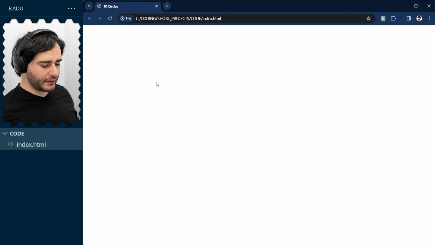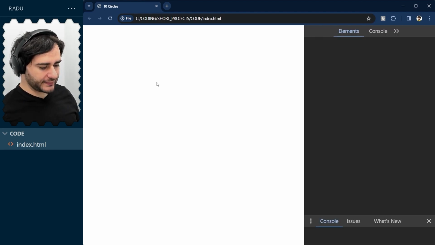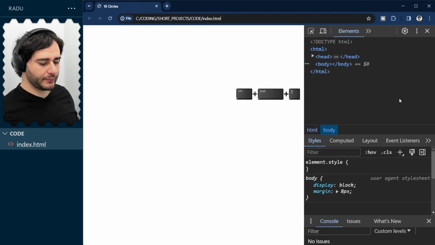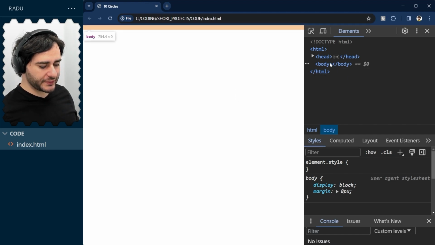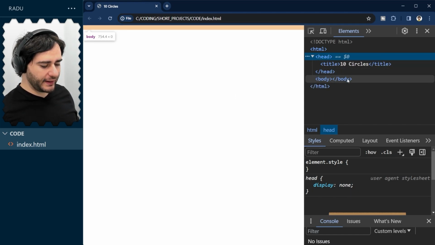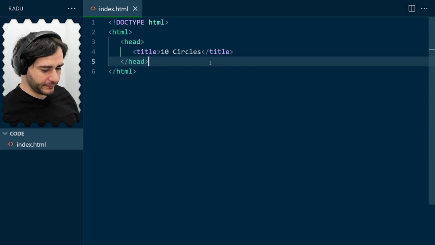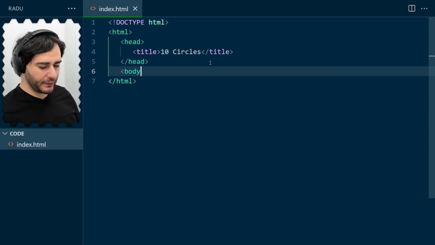When coding, I always recommend to open these developer tools on the right. It's gonna say if you have any errors, and we can inspect elements in the DOM using it. Now the page is empty, so there's nothing inside of this body, and the browser actually fills in the body for you, but it's proper to write the syntax here. So body,